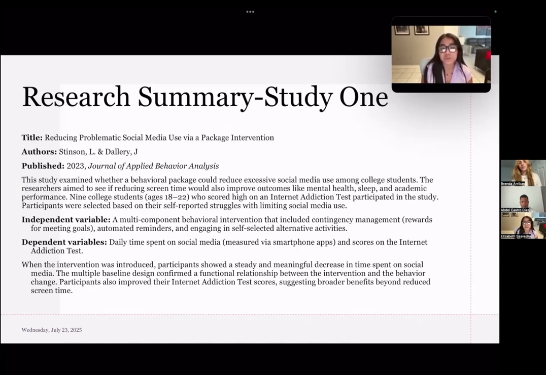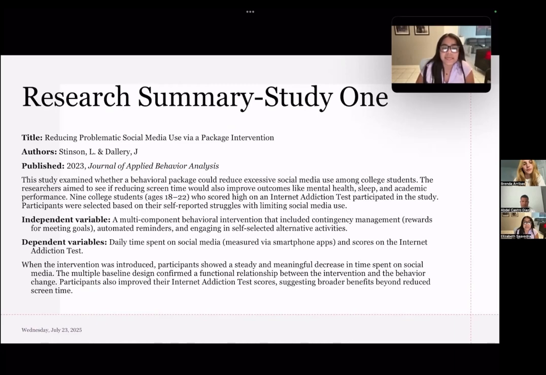Nine college students aged between 18 and 22 who scored high on an internet addiction test participated in this study. Participants were selected based on their self-reported struggles with limiting social media use. The independent variable is a multi-component behavior intervention that included contingency management, rewards for meeting goals, automated reminders, and engaging in self-selected alternative activities. Dependent variables: